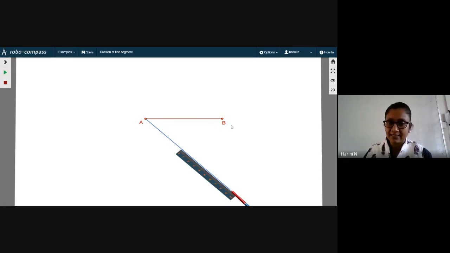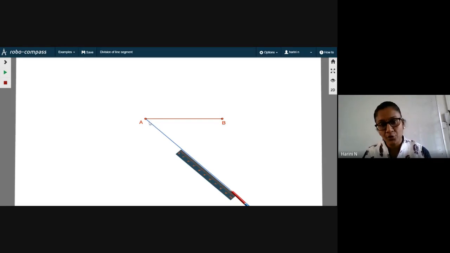All right. This is the line segment AB and this is the ray which is making an acute angle with AB. Now I'm going to locate 7 points. Why 7 points? Because my ratio given is 5:2. So 5 plus 2, totally I should locate 7 points on this ray, such that they are equidistant from each other. So equal parts I have to divide. All right. So what I have to do now is take your compass and take a small but convenient radius in your compass so that you're able to cut the arcs.